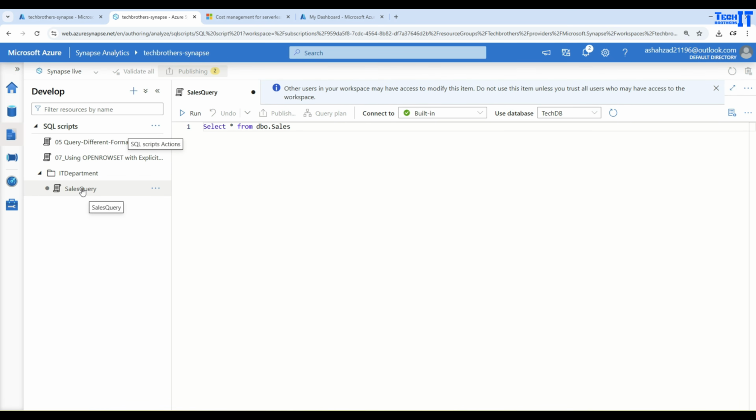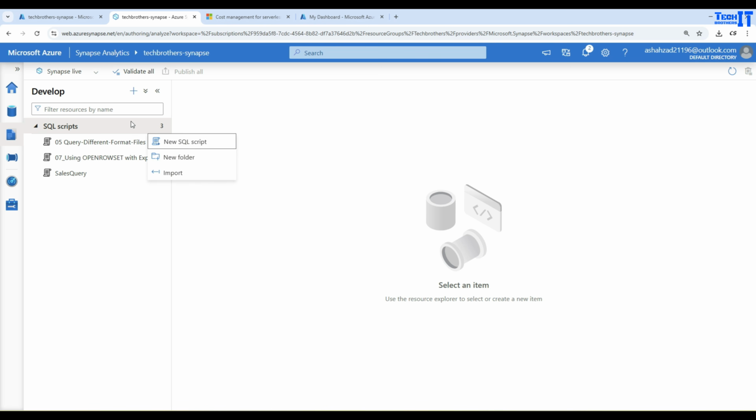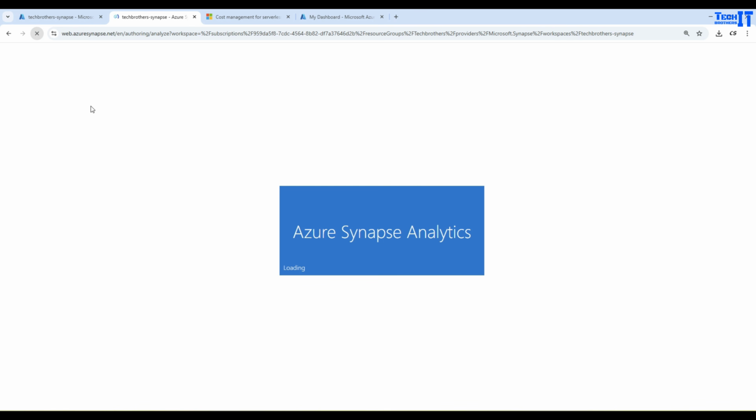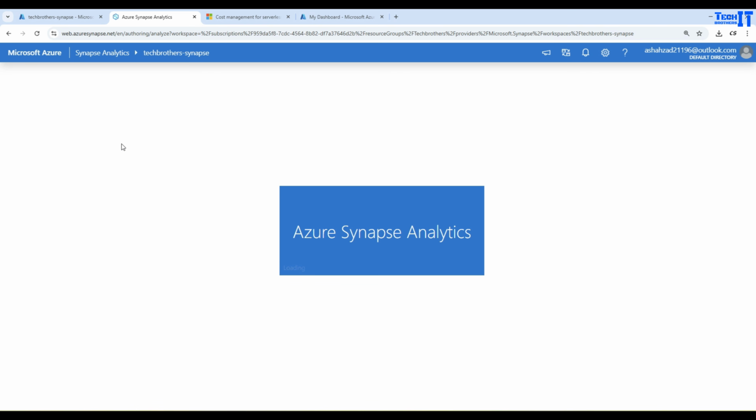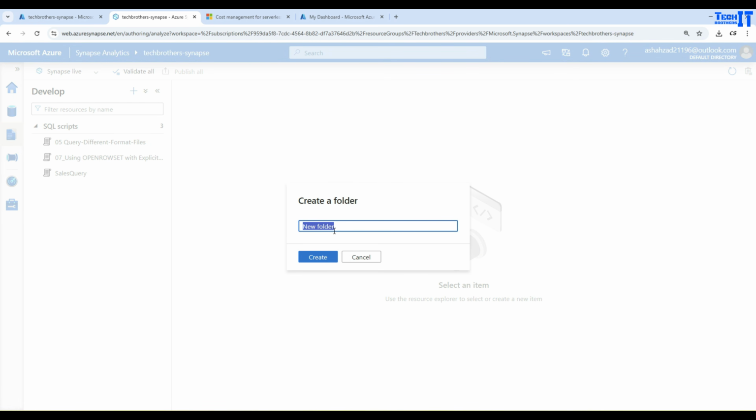Now sales query is right there. Once the move is done, you can publish it, so save the changes and publish. Here we did not publish, I closed it, so it discarded the changes. Let me refresh here and see if it was published, but you got the idea. You can create folders and then you can manage. It did not actually publish because I just closed that. So create a new folder, IT department,